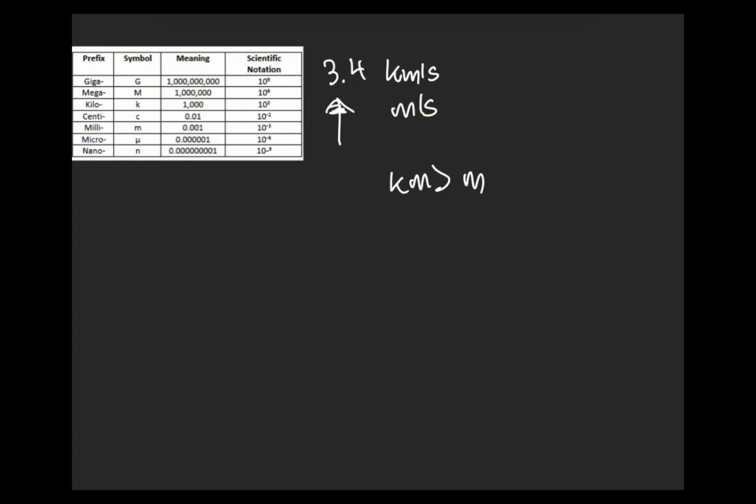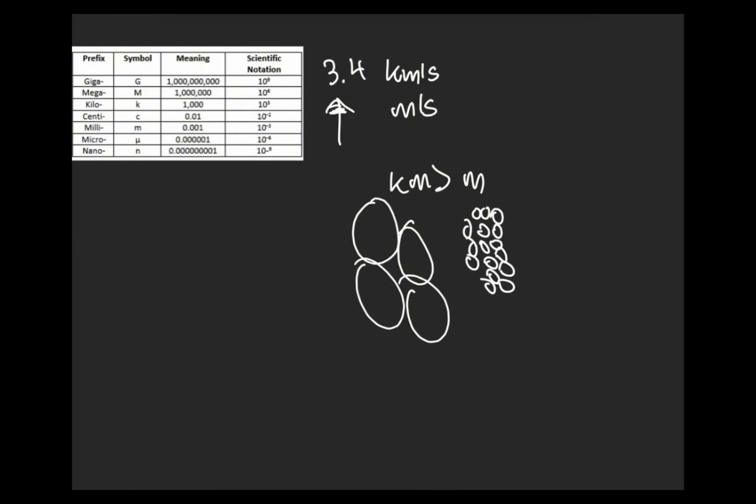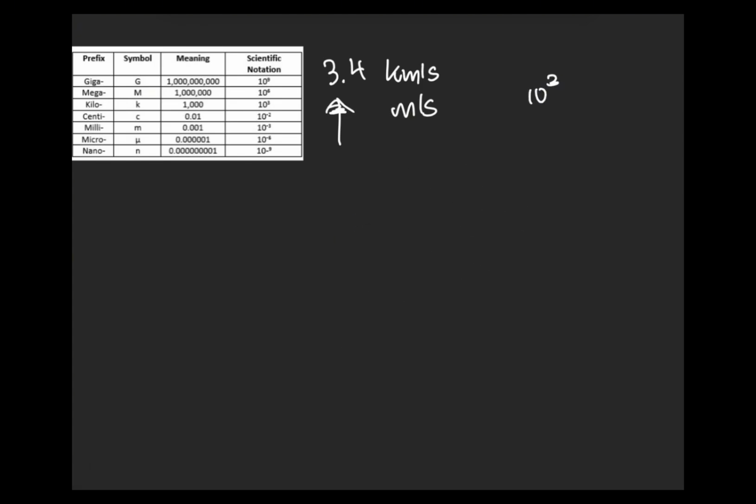So think about it this way. We have big chunks here, big chunks, right? And then just have little chunks over here. Okay? They both equal the same. However, there's more of these little particles than these big ones. Okay? Think about it that way. So kilometers is 10 to the power of 3, right? So we would multiply 3.4 times 10 to the power of 3, which is